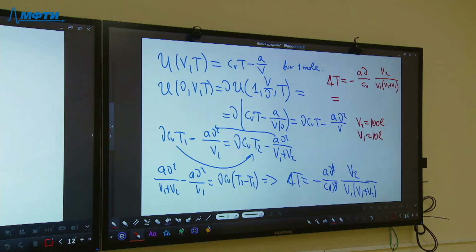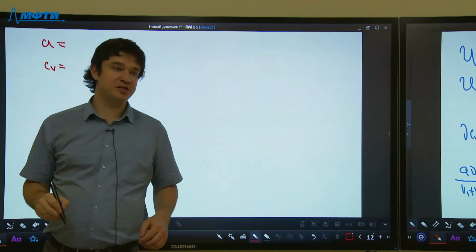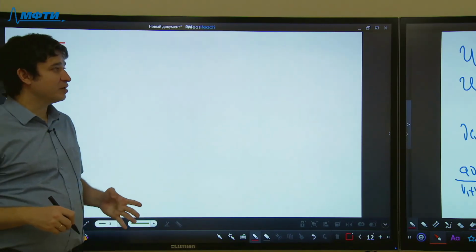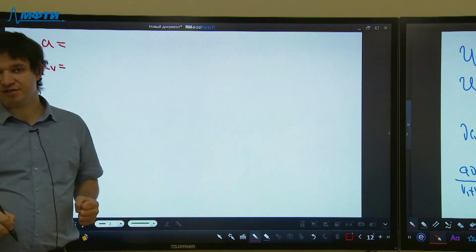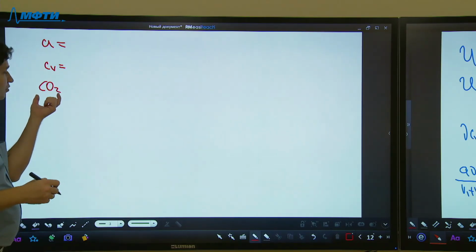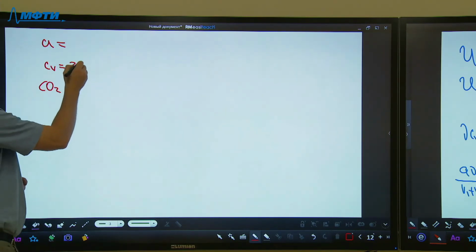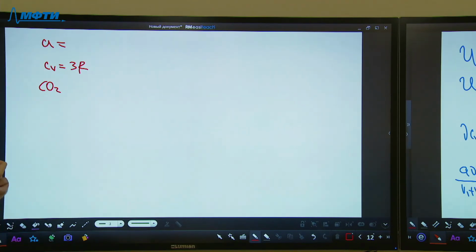Okay, we need A and we need C_V. For the molar heat capacity at constant volume of carbon dioxide, we need to remember that the molecule of carbon dioxide contains 3 atoms, and for a 3-atomic gas, the C_V should be equal to 3R. And for A